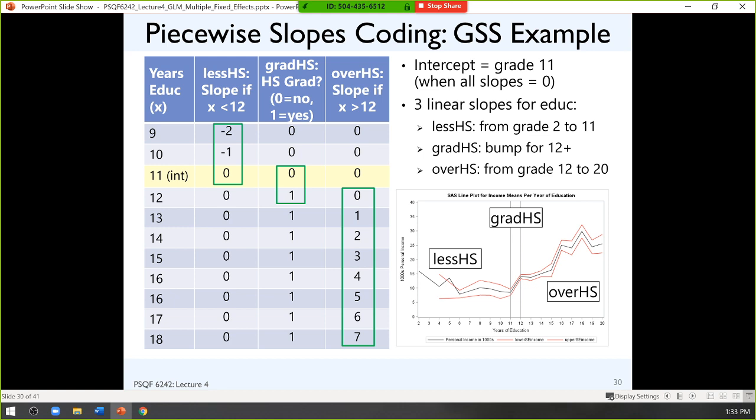So this type of model, I call it piecewise slopes. It's because you have your separate pieces. The original slope has been chopped up into sections. It's also known as linear splines, so that's another word that you may hear to describe this type of model. I find these models to be really useful